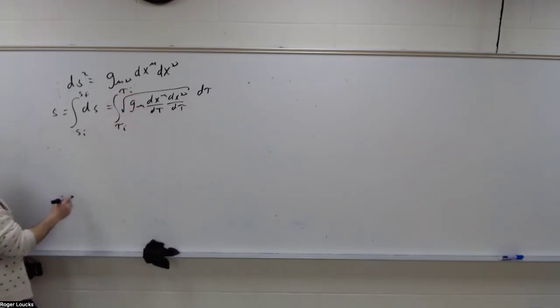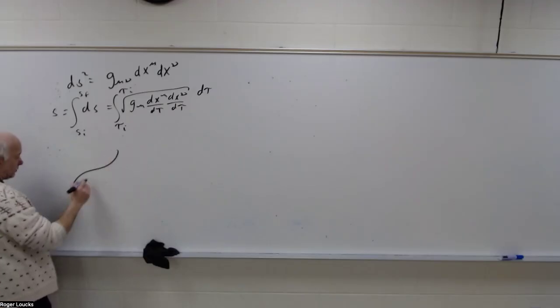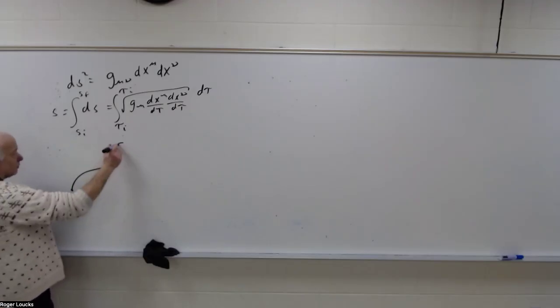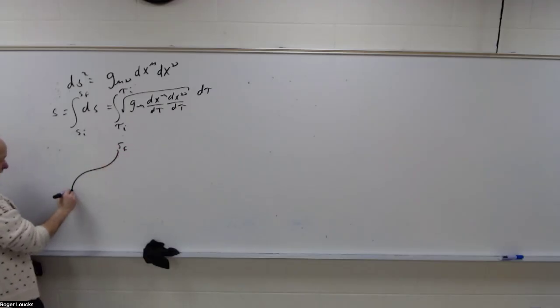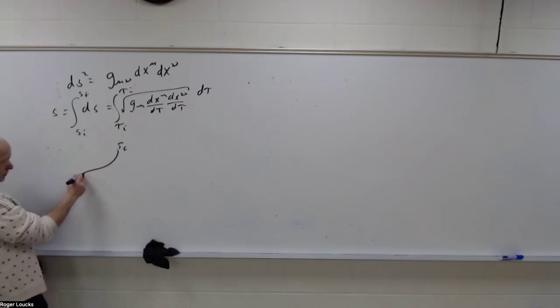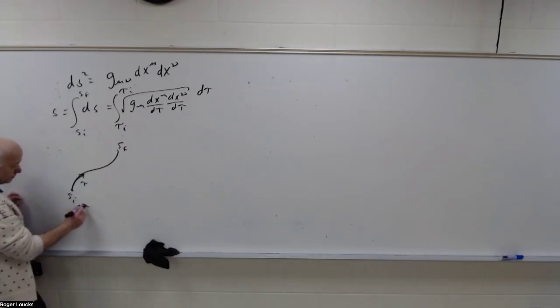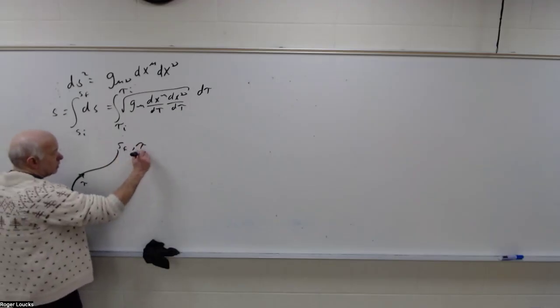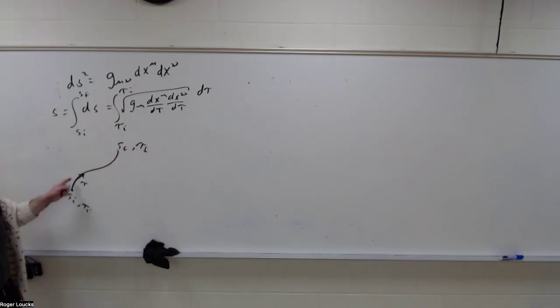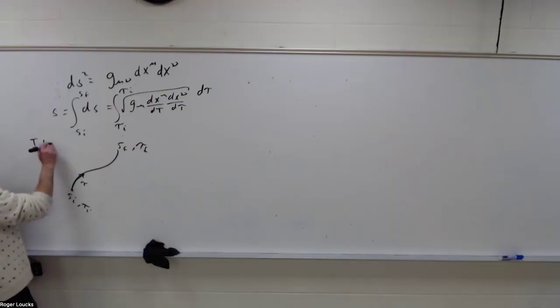So our picture is this: here's our s initial, here's our s final. As we integrate along here, at any given point, this is the point tau. This is basically our tau initial, this is our tau final, and tau is anywhere along here. This is our world line, and we want the geodesics from this. And we said the geodesics occur